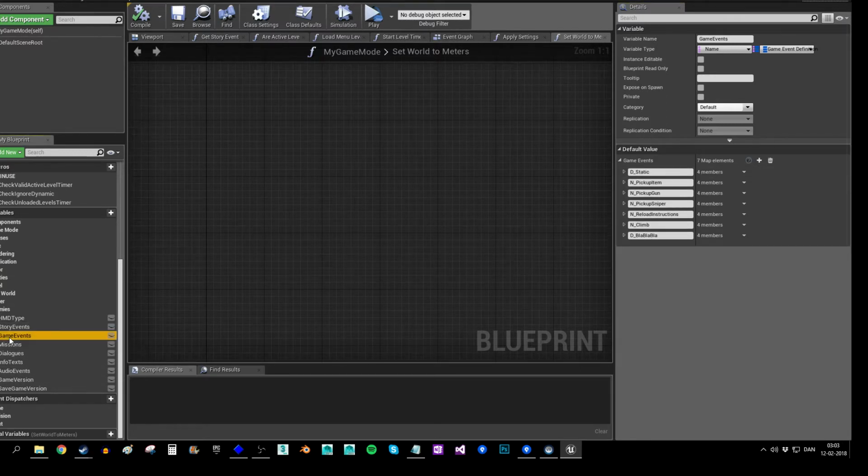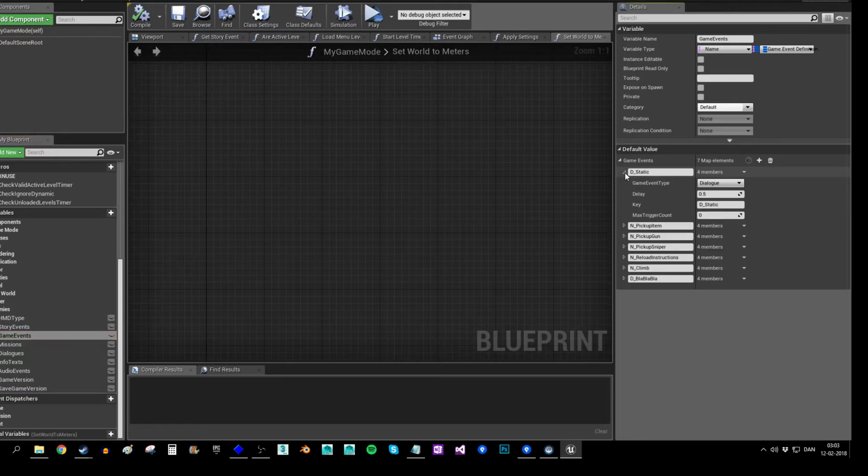So as I said, everything is driven by game events, or I don't know if I said that, but this map, generic game events map here, allows me to set up things like dialogues happening, usually InfoTexts and so on. But it could technically also be like a mission. So whenever you enter this area, you can automatically get a mission, not driven by the story event itself. And that makes it really, what do you call it,